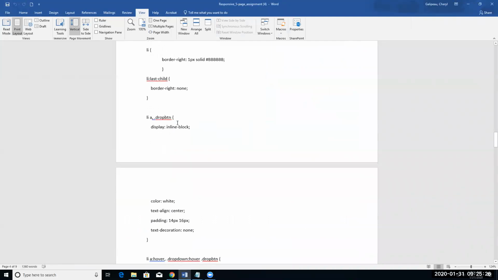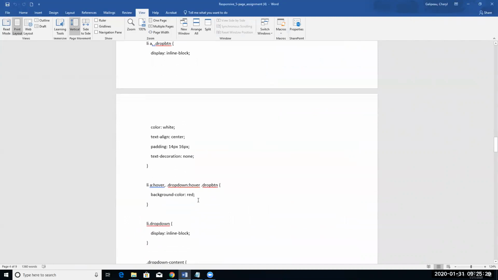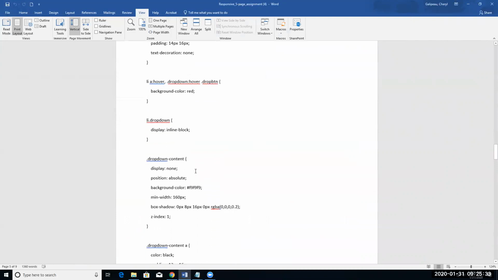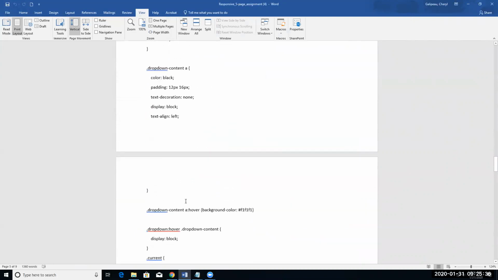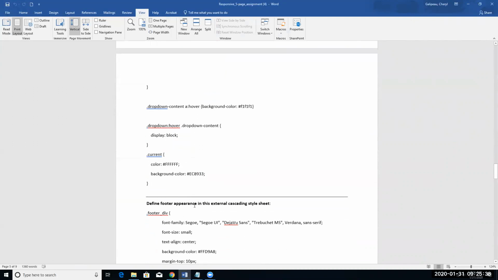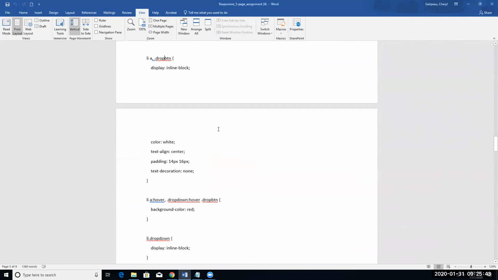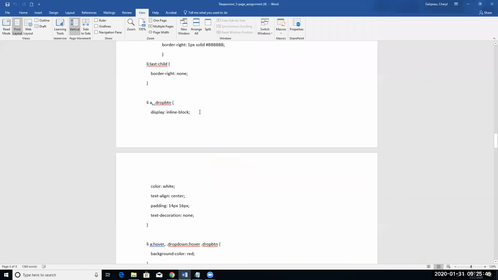Let's see, this stuff is the drop down, the hover. We haven't added our drop down content yet, nor the current. So the anchors, yeah, we'll add all this because we'll then be able to see it. There's going to be padding in between, centering in the middle. So for each list item that is an anchor,